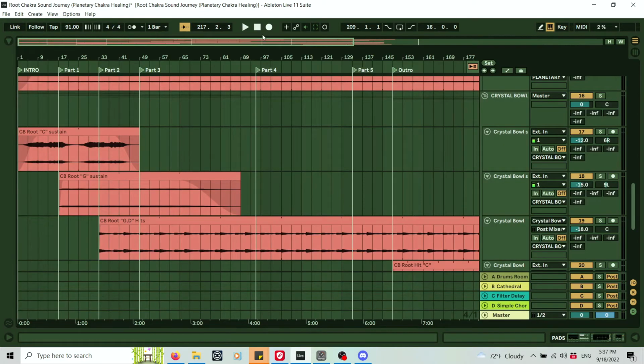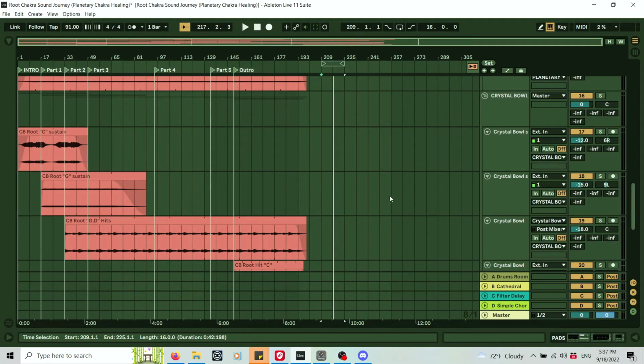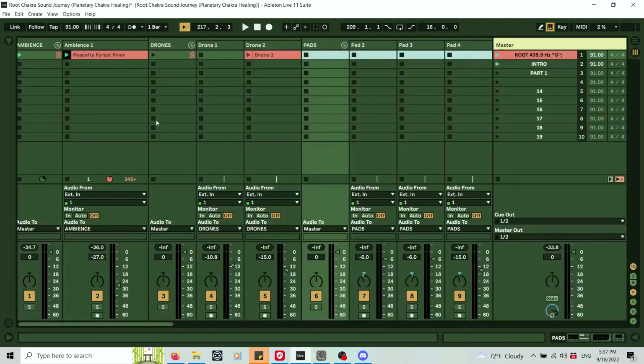And that's the thing, right? Because this is now like a 9-minute journey, but let's say you want to play it for an hour or a 90-minute yoga class or 15-minute shavasana or whatever. This allows you to perform it in a way that you like, because you get to decide when the next element is coming in and when it's coming out. And this is the power of Ableton in the performance mode, where you can basically create a rearrangement on the fly and choose the clips that you want to play. So that being said, let's add this CB root G sustain also